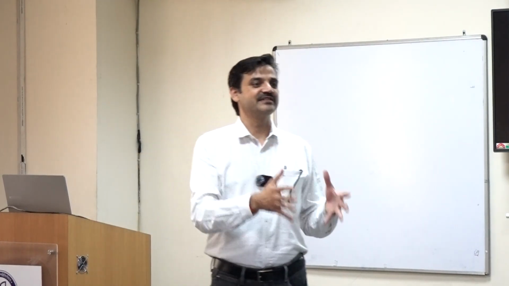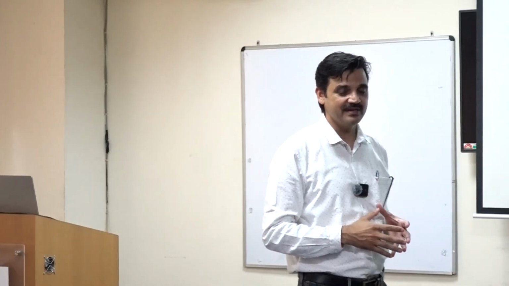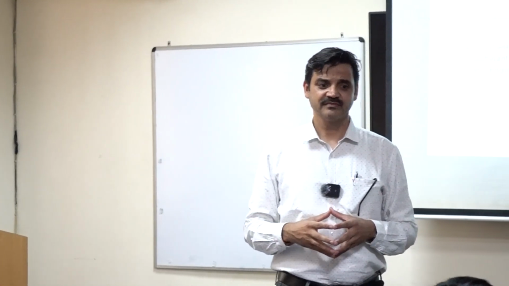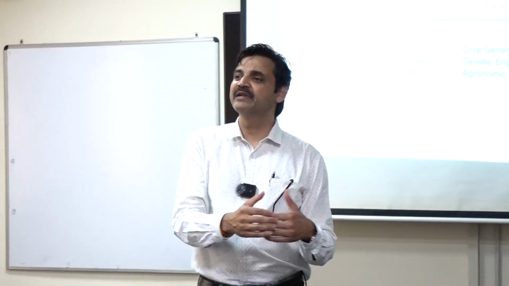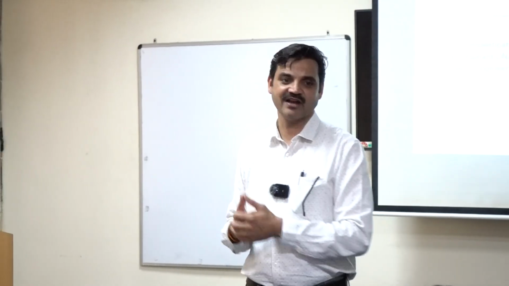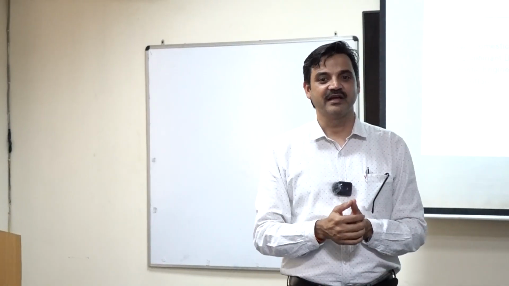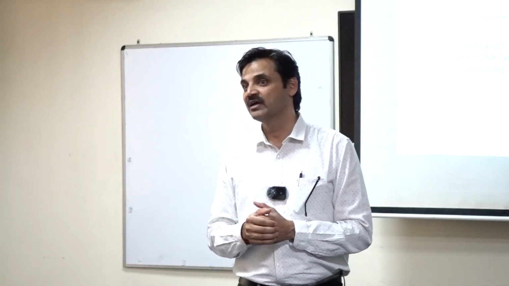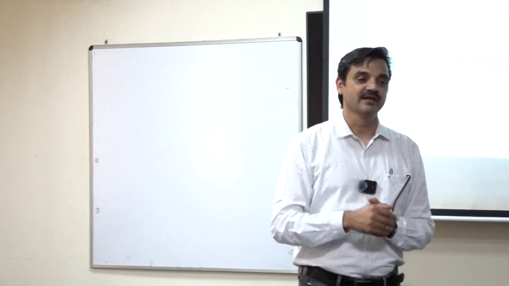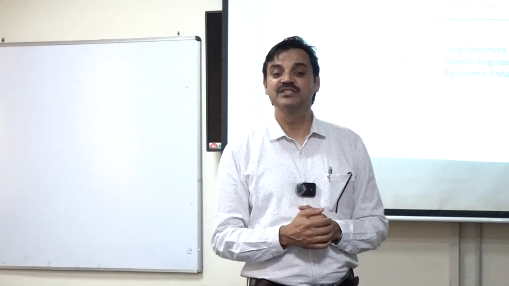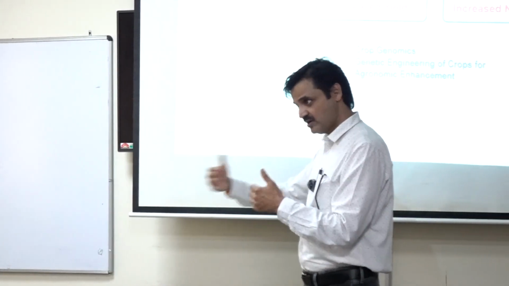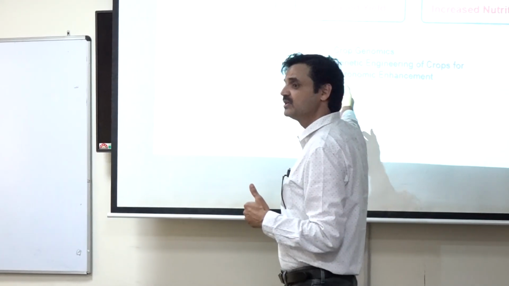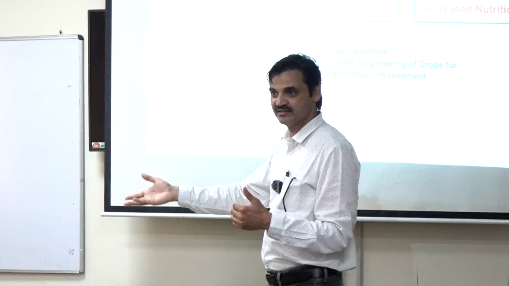Then we say increase yield. Whatever yield we have, let's say 100 seeds per plant. I just gave an example. Let's make it 120. So even if I lose 10, 15, 20%, whatever I'm losing, my net production would be higher than what we have now. That is another parallel approach, and we should work on both. That is basically increasing the food security chances, right? So you decrease the losses, add the loss to your production, and at the same time you are increasing more. That is another strategy.